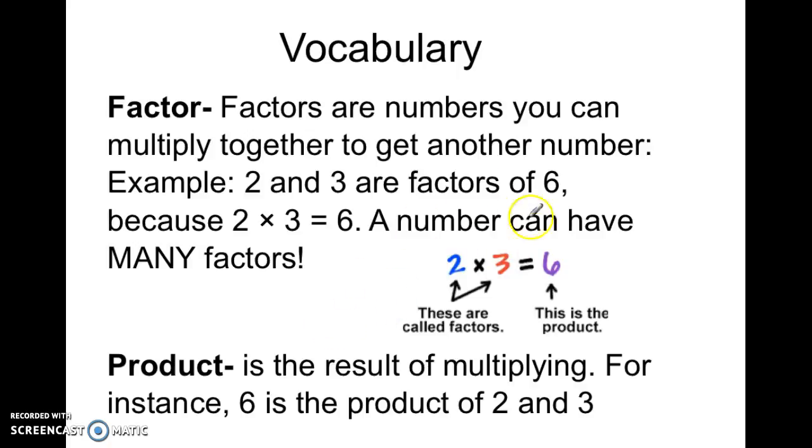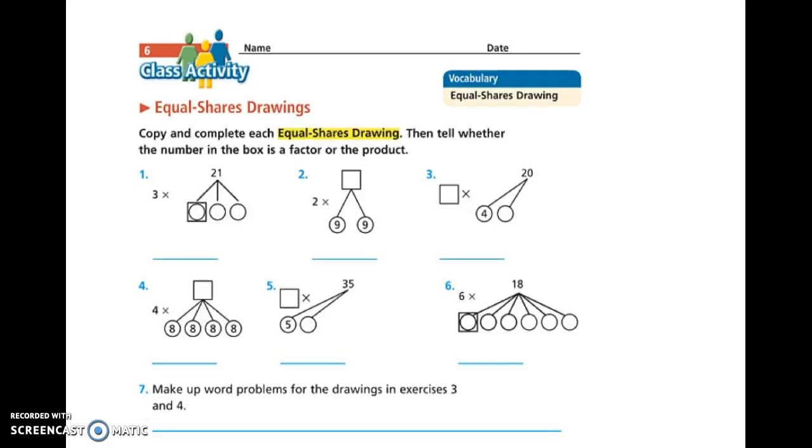And the answer to a multiplication problem is the product, okay? This is the result of multiplying. For instance, 6 is the product of 2 times 3. So your answer when you multiply is the product. The two numbers you're multiplying is your factor. All right. Next,